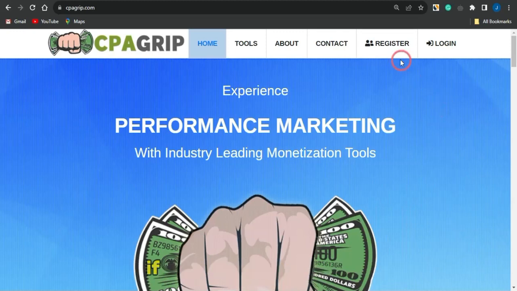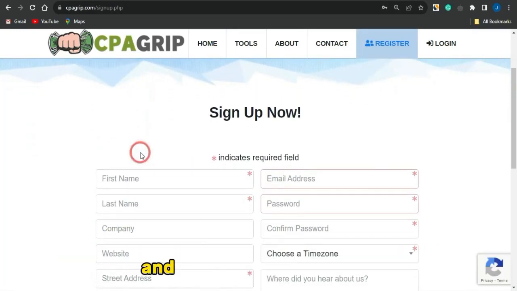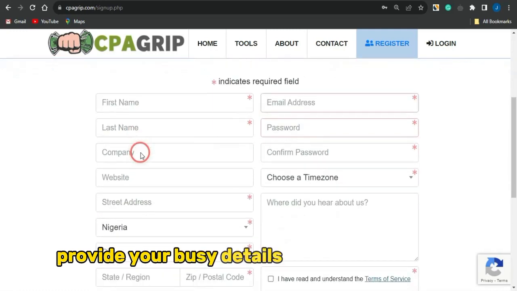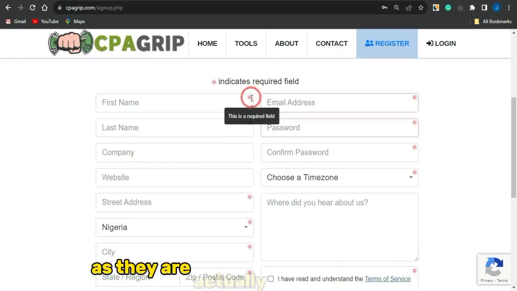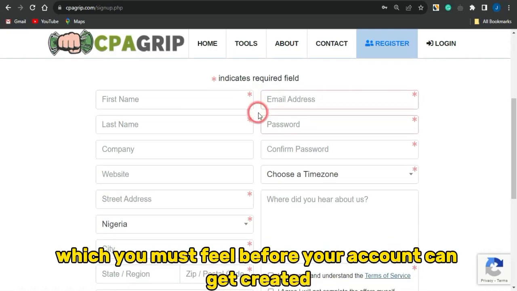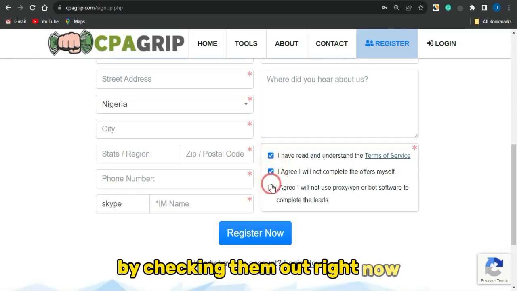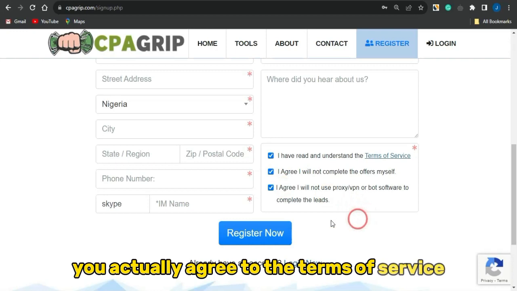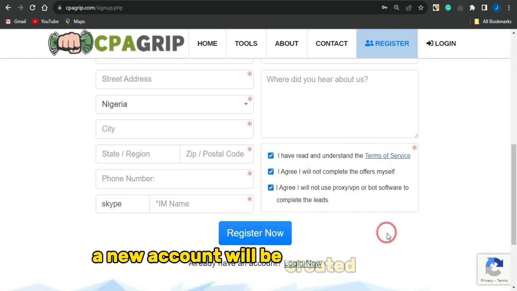one right now. If you click on register, you should be brought to a page which looks like this, and you want to simply provide your basic details by filling out all the fields with these red asterisk signs, as they are the required fields which you must fill before your account can get created. Once you do that, check these boxes to agree to the terms of service. Once you have agreed to the terms of service, click on register and your account will be created almost